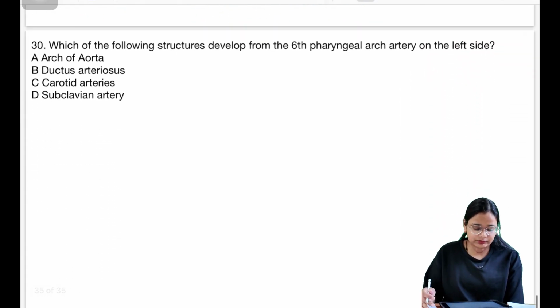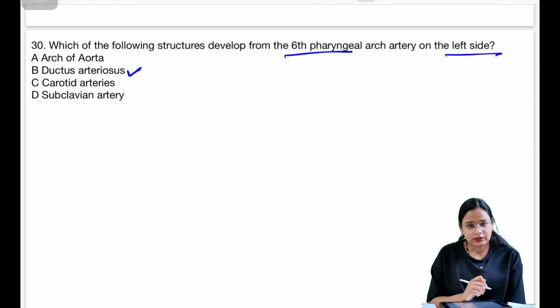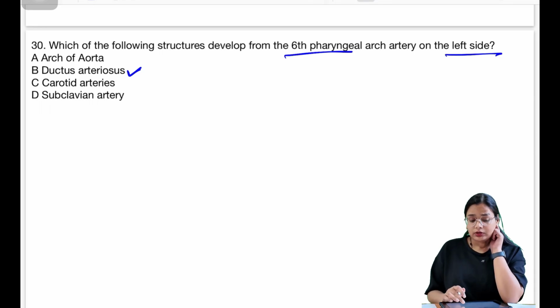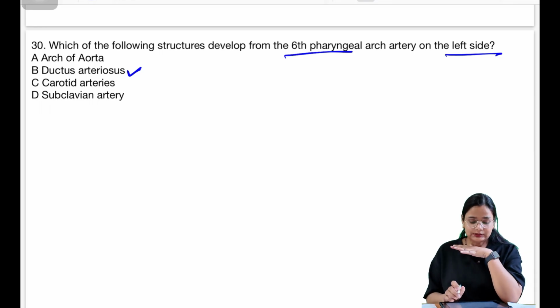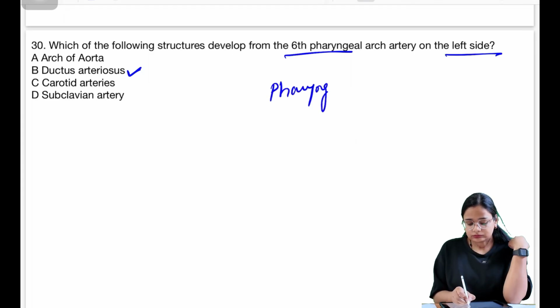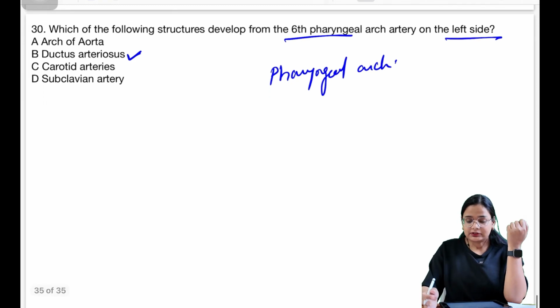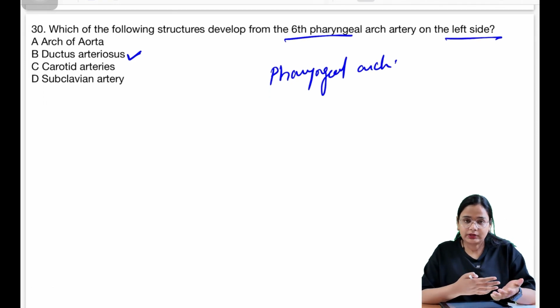Last question is, which of the following structures develop from the sixth pharyngeal arch on the left side? So if they are asking left side, correct answer will be ductus arteriosus. Okay. So in this last question you have to remember all the pharyngeal arch derivatives, such as in first pharyngeal arch you will have part of maxillary artery developing, from second pharyngeal arch stapedial artery is developing,